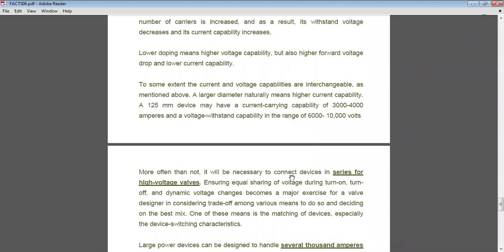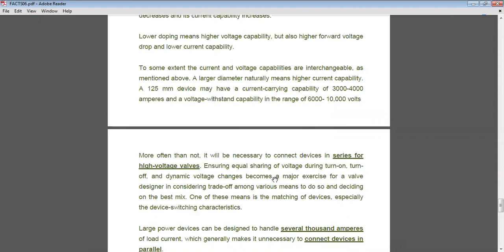But for thousands of amperes of current and higher voltage, you can get them by using series connection. Once you connect in series, then you will have many other problems. The switching characteristics should be the same. You might have seen series operation and parallel operation of thyristors. So many problems arise because of increasing the voltage capacity. Generally, these thyristors are connected in series.